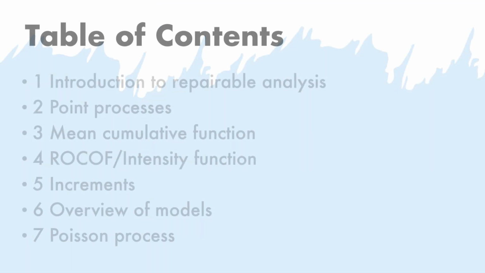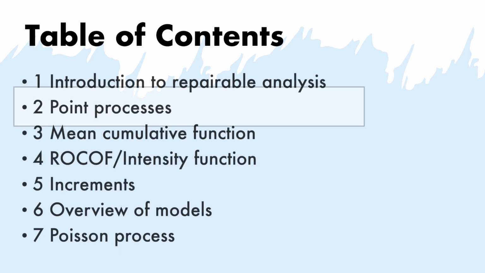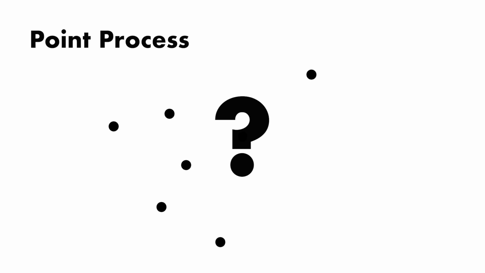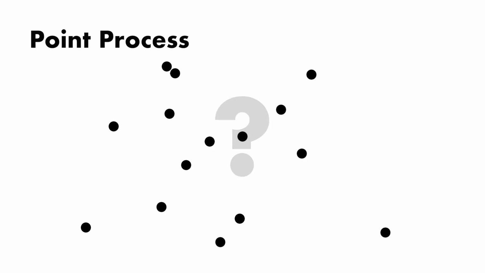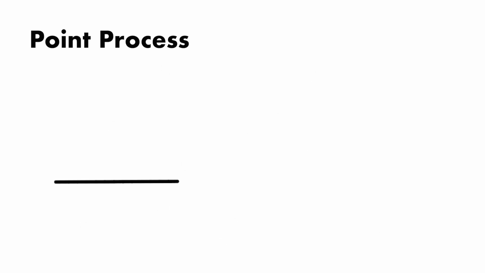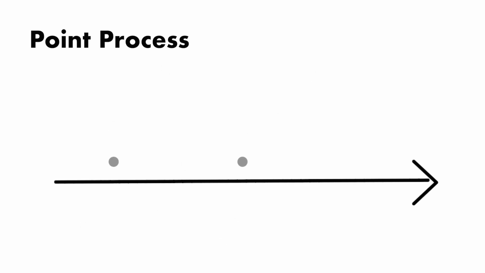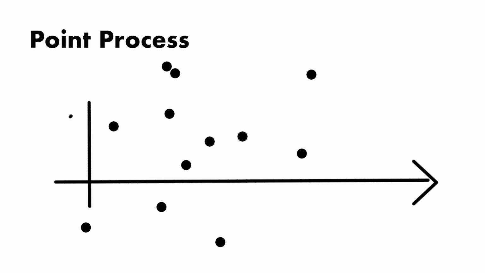And let us now start with the second section about the point process. And what is a point process? Essentially, a point process is a set of points, as simple as that. And those points are scattered randomly across a mathematical domain, for example, the real line or the Euclidean space. I will give an example from demographics that uses point processes for the Euclidean space.